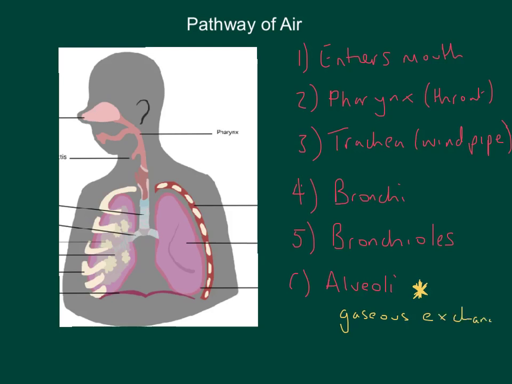And all that means is that the blood, when it enters the lungs, picks up the oxygen. So blood takes oxygen and it releases or gives back to the lungs, it gives or gets rid of